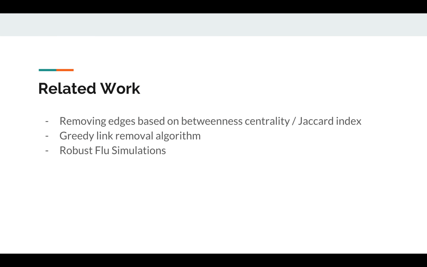Our work is inspired by prior papers on network interdiction. Specifically, papers focused on reducing the spread of infectious diseases through a network. One of the papers that we were very interested in removed edges based on some of their more statistical properties within the graph, such as their betweenness centrality measure and their Jaccard index. On the other hand, another paper that we saw was particularly interesting